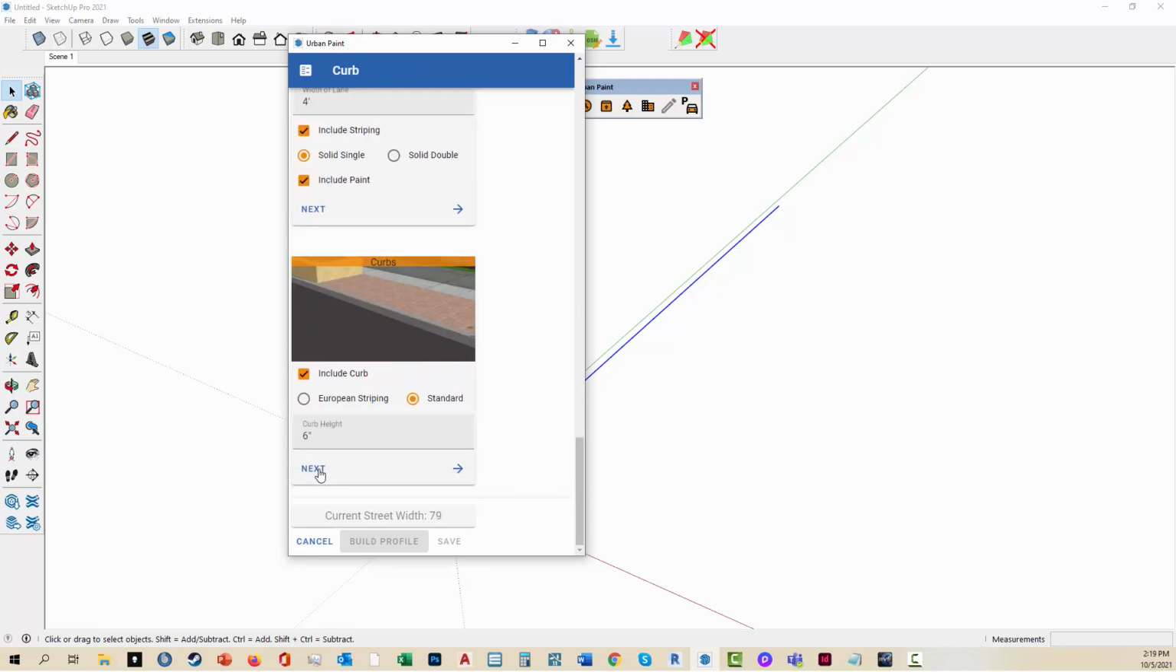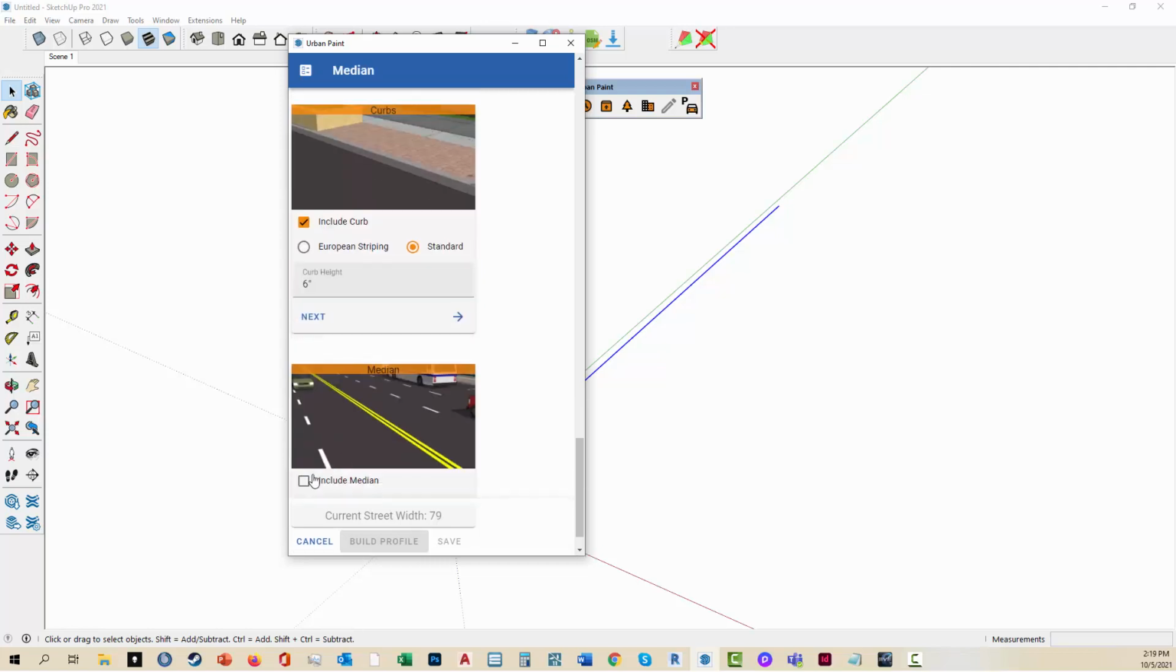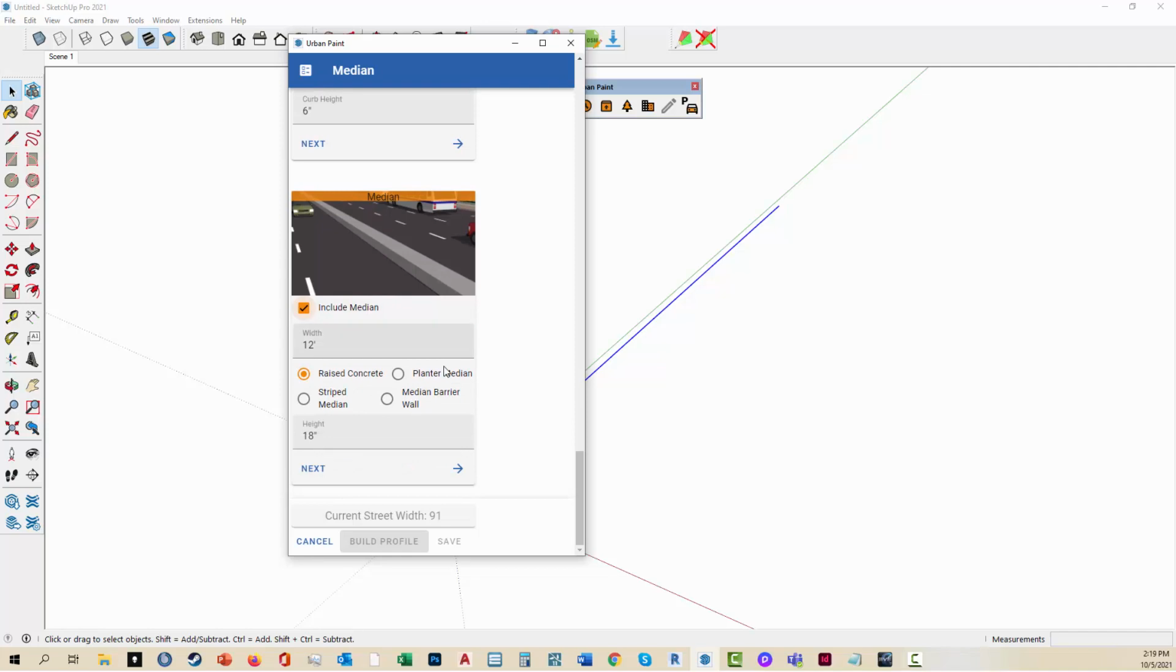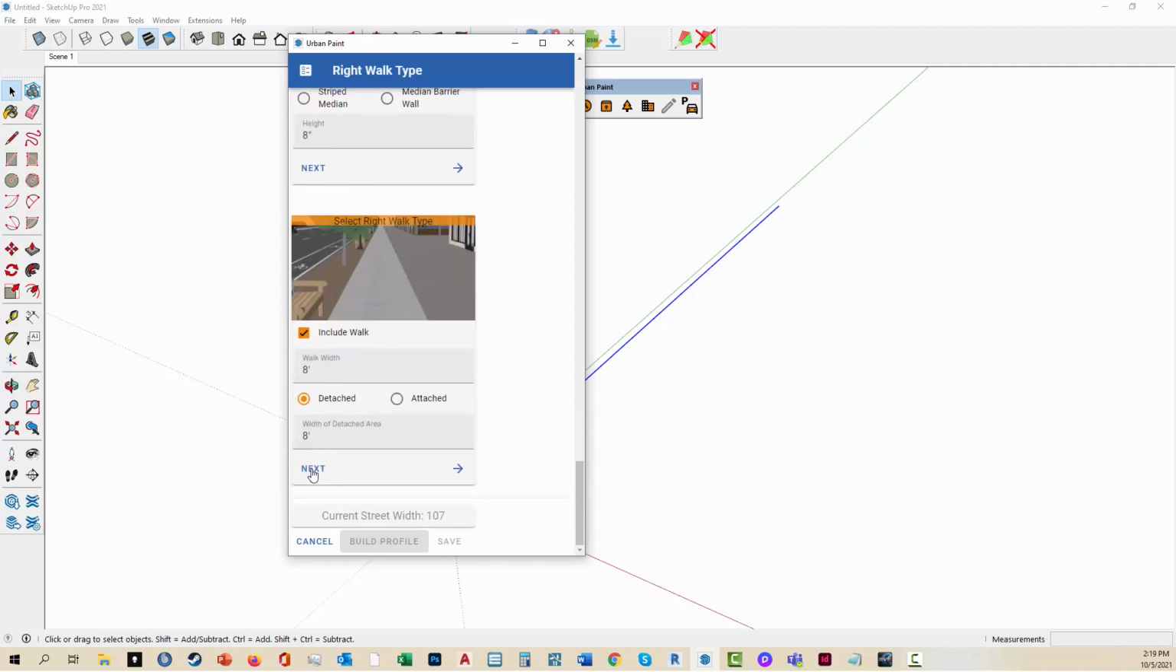Curb, that is universal for both sides of the street. And then we'll include a median. Again, that's universal. This time we'll do a raised concrete median, 12 feet, and we'll do it at 8 inches in height. Not make it too big. Hit next. So on the right side of the road, we're going to do a 12-foot walk that's detached with